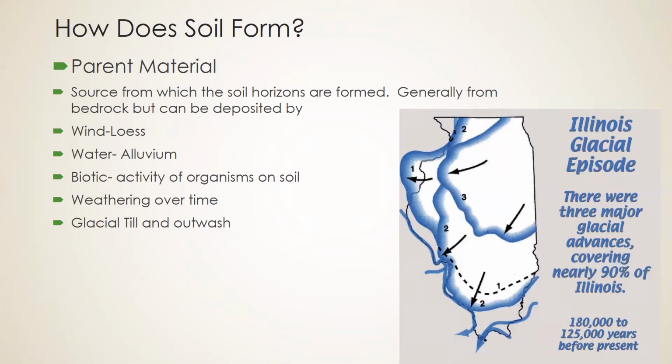Another very common and very active form of soil creation is through the movement of water. So water moving over bedrock surfaces is a form of weathering, and those deposits are called alluvium deposits. And another major process is going on simultaneously here. So these processes happen simultaneously. They don't happen separately in isolation.